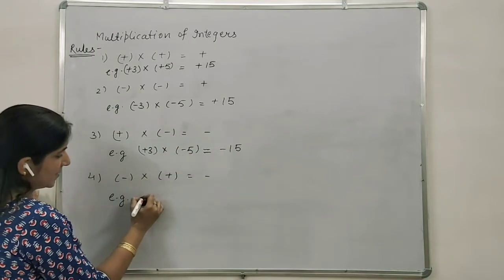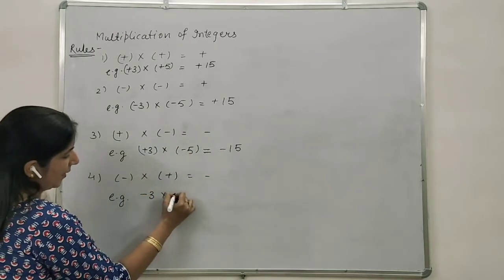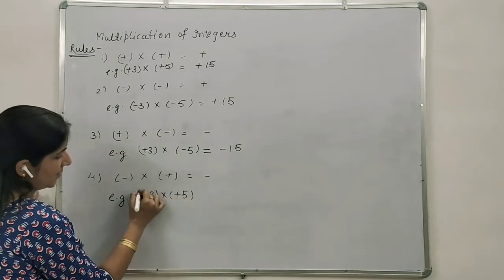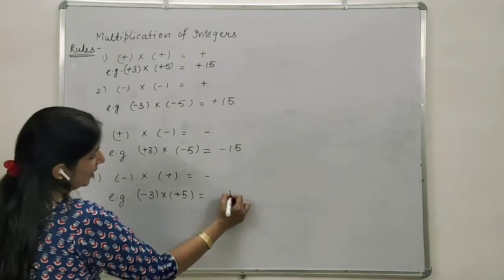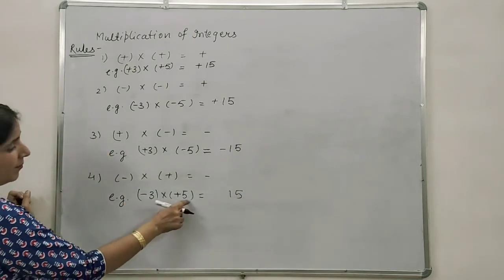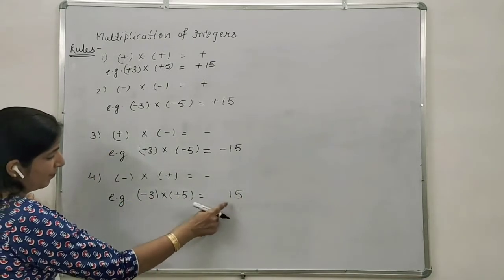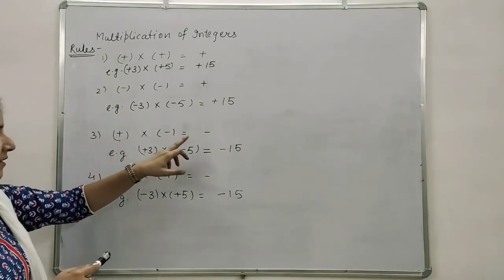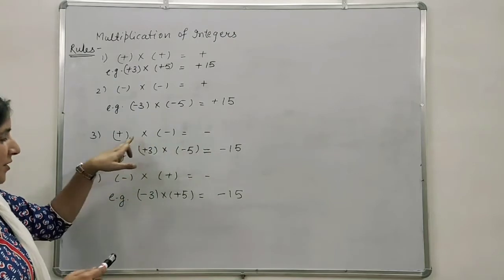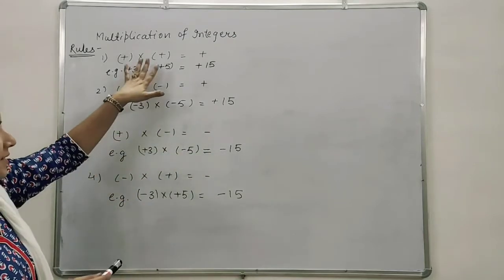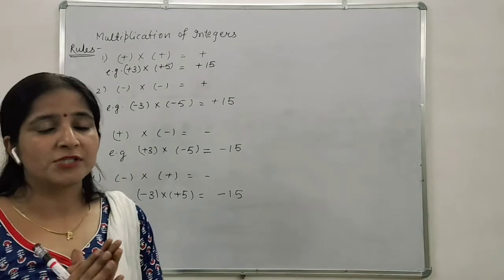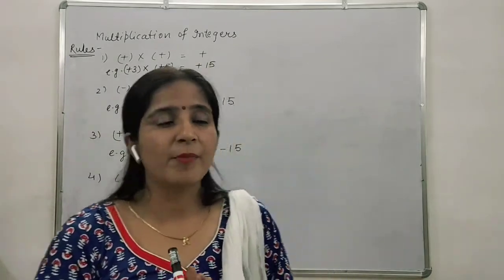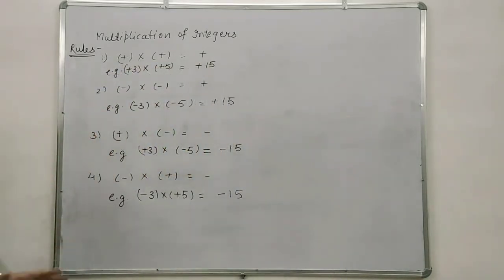Okay, next is negative 3 multiplied by plus 5. Suppose it is there, then how can we multiply? Multiplication of whole numbers is the same, like 5 3s are 15. But which sign will come? Negative sign. Okay, if two different signs are there, the sign will be negative only, positive and negative sign. If both signs are the same, the sign will become positive in multiplication. You need to remember these 4 rules of multiplication, and after this we are going to solve the exercise on the basis of